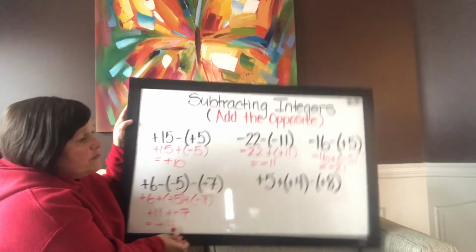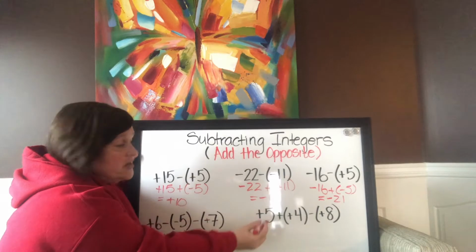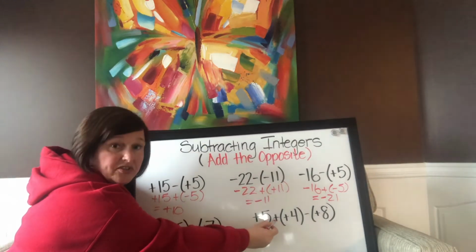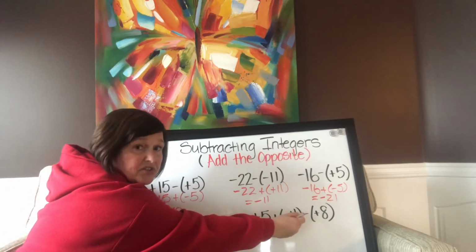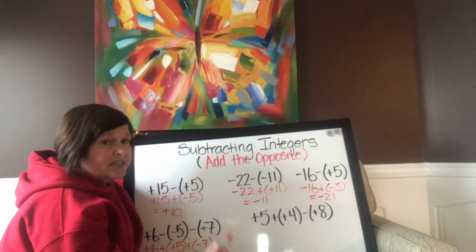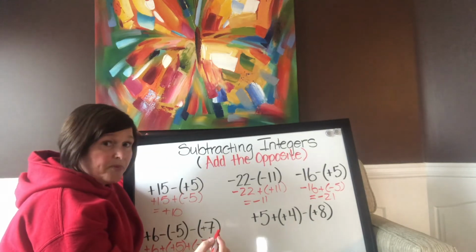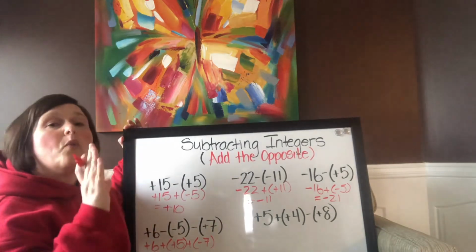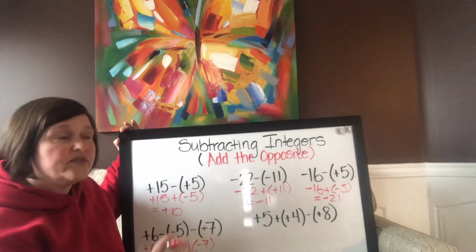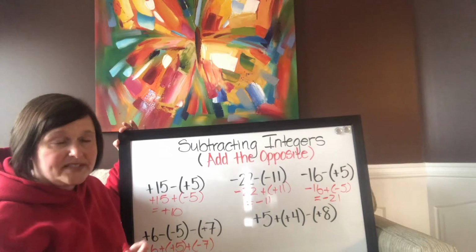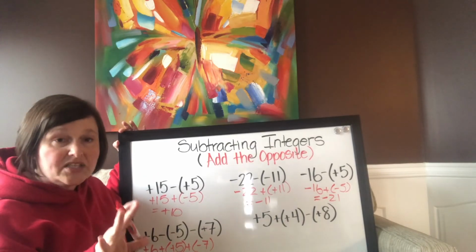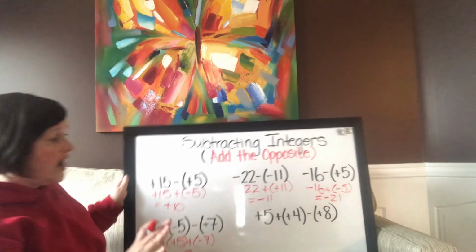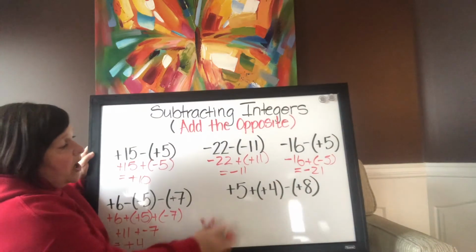But then what happens if we have different operators? So what happens if we have an addition operator and we have a subtraction operator? You only change the subtraction operator. Again, I will say it because a lot of people make the mistake when we have more than one operator, they change all of them to the opposite. Do not change all of them to the opposite. Only change the subtraction. So, positive 5